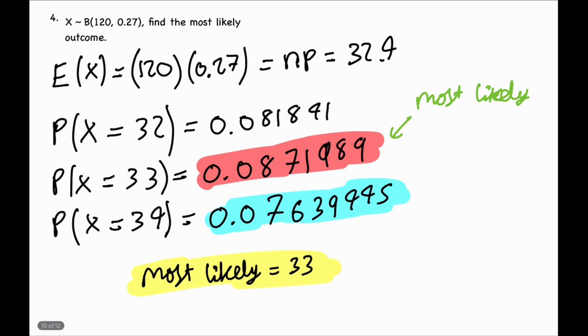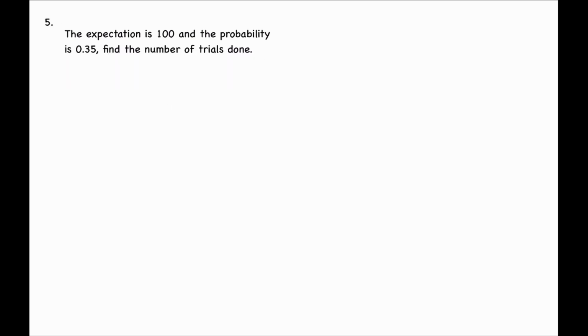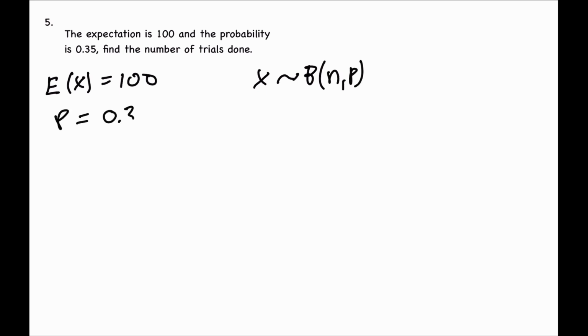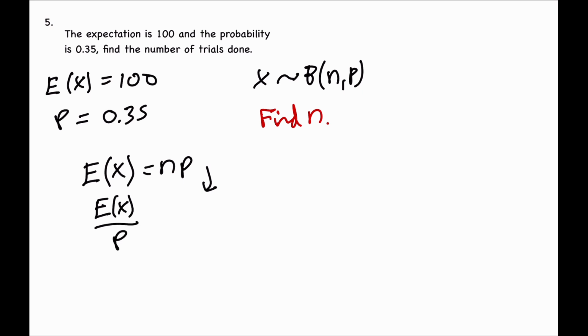So now let's move on to another question. They're saying the expectation is 100 and the probability is 0.3. So they're saying your E of x is equal to 100, and x follows a binomial of n and p. Your p is equal to 0.35. Find the number of trials done. So they're saying find n. And because we know the formula of E of x is equal to np, because we know what p is and what E of x is, we can rearrange to get E of x divided by p is equal to n. So we'll do 100 divided by probability 0.35, and we get